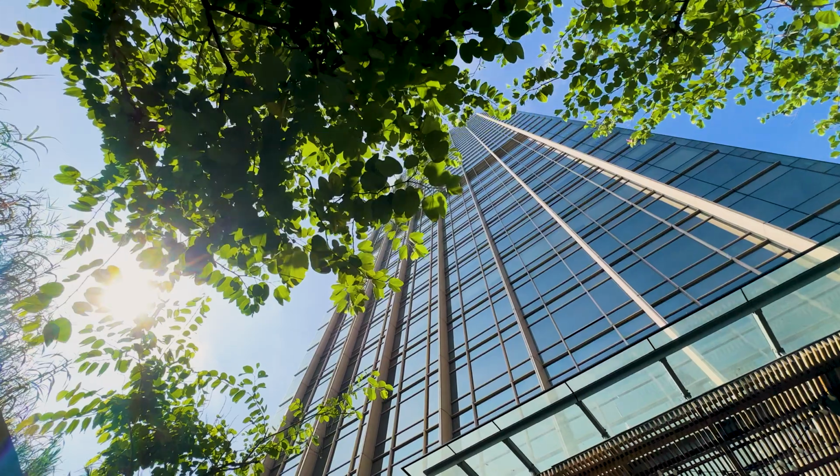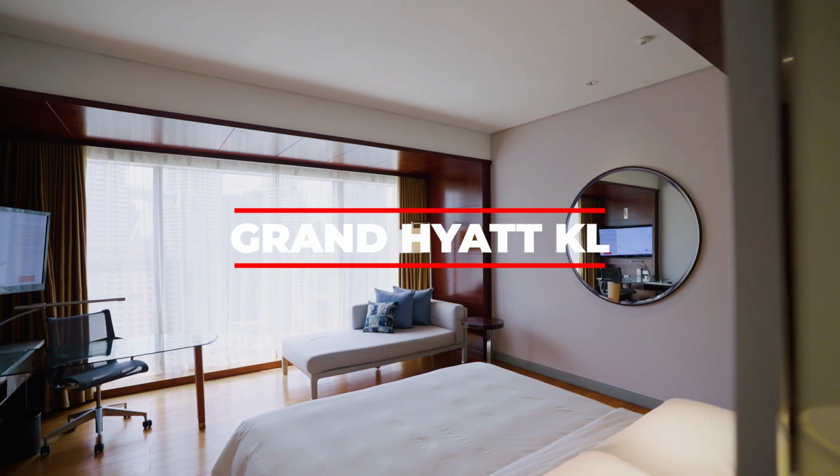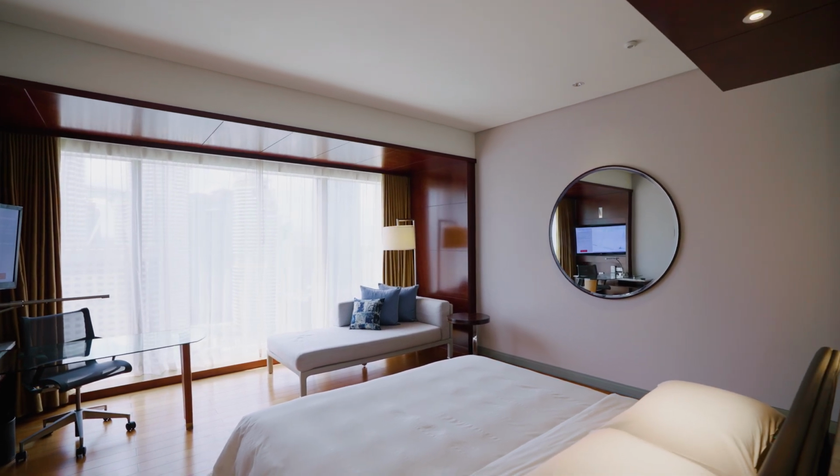What's up guys, so welcome back to another hotel review, and today we'll be reviewing Grand Hyatt Kuala Lumpur, and it's said on the website that it has one of the largest in-room sizes amongst 5-star hotels, and I believe